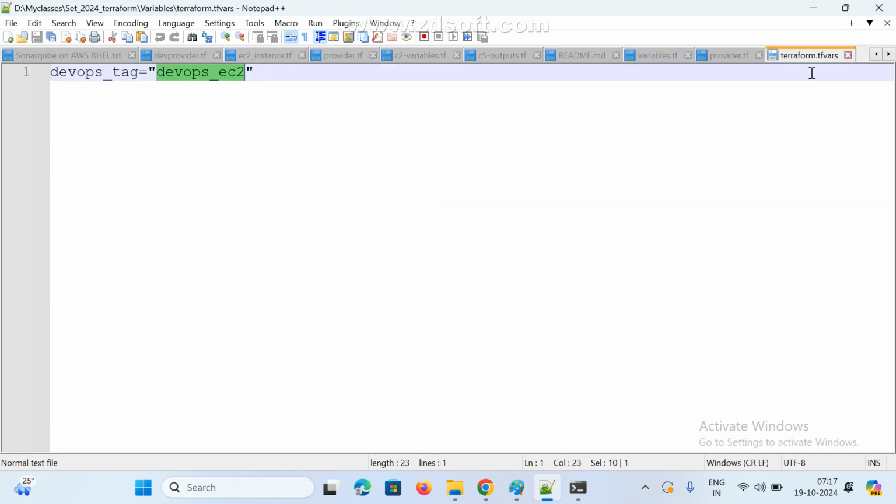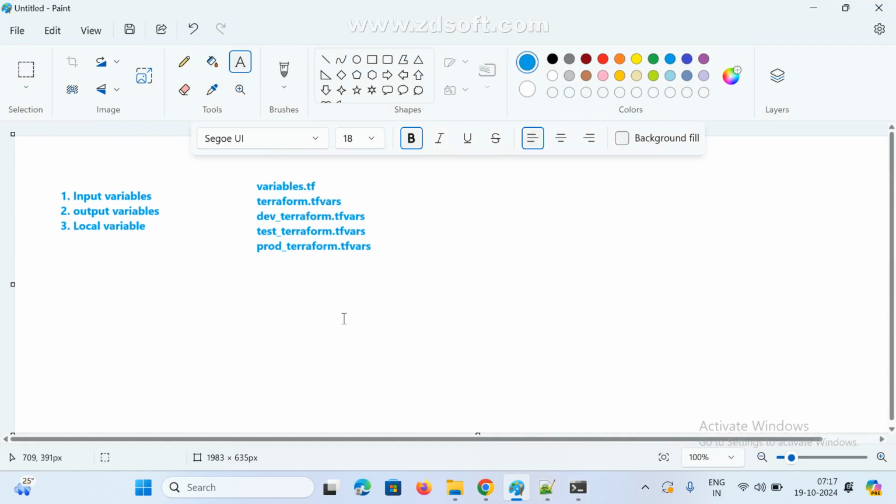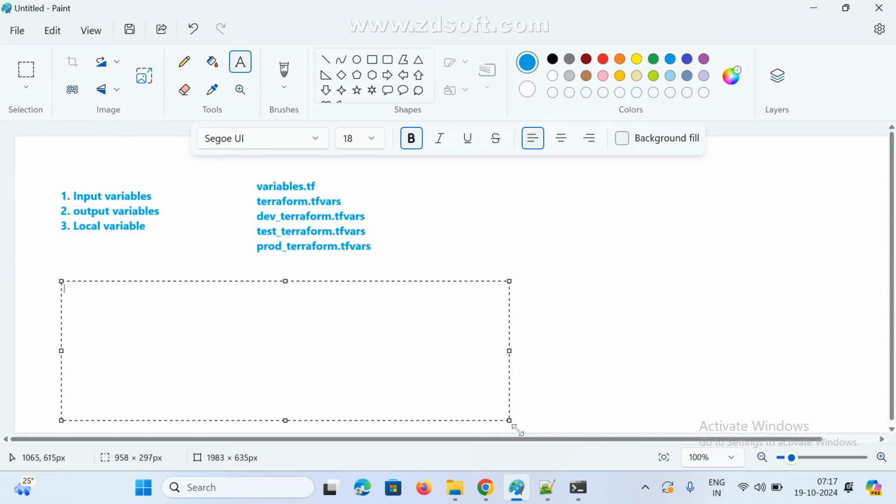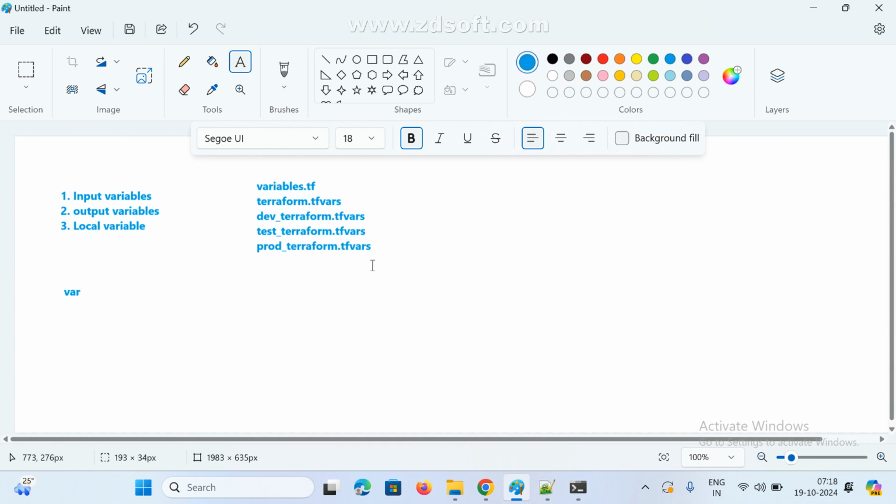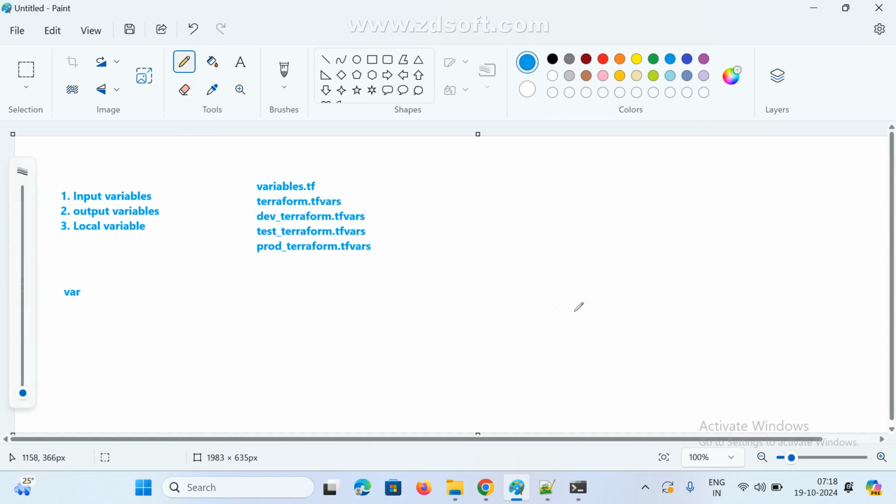Terraform file. This is the question. Last time also they asked. So they have two files. They declare two files, the variables.tf file and the terraform.tfvars file. If both files are available, which is the first priority? Now based on your understanding, tell me: variables.tf file or terraform.tfvars file, which is the first priority? Terraform gives first priority to